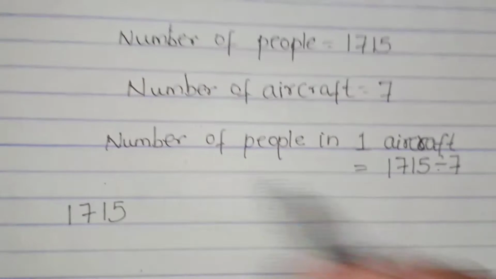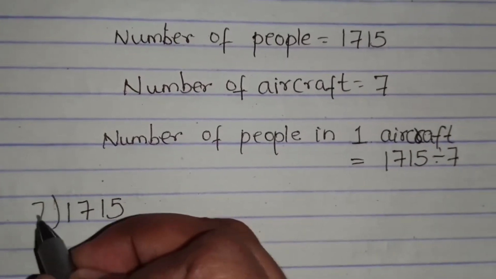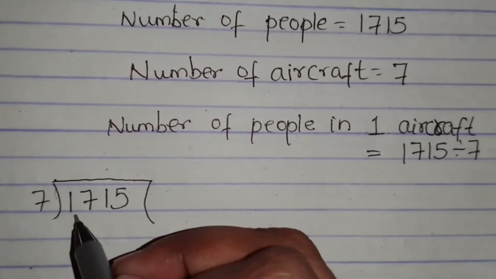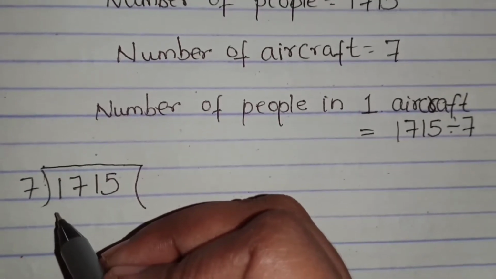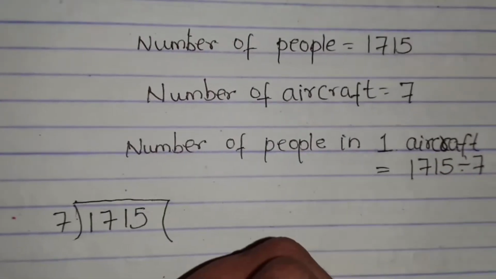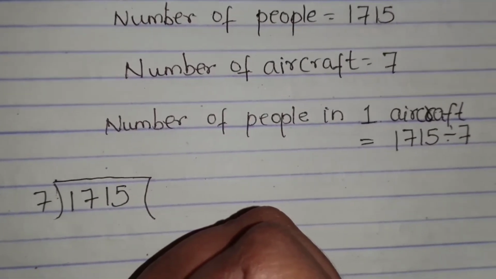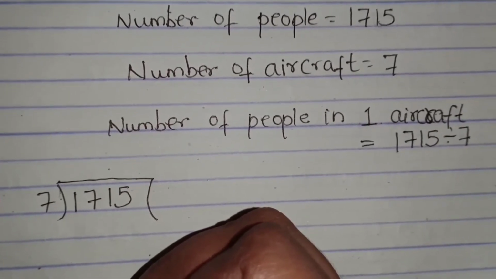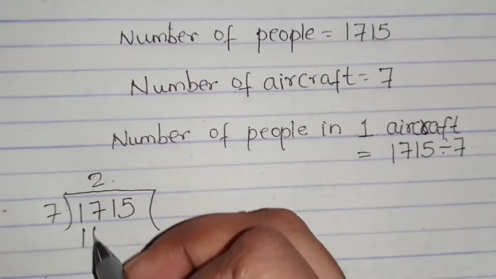1715 is your dividend. Okay, and 7 is your divisor. So we have to read 7 table. Now in 7 table 17 is not there. So less than 17 is there. Let's read 7 table. 7 1 is 7, 7 2 is 14, 7 3 is 21. So 7 2 is 14 is there, 7 3 is 21 is there. Okay, so what we will take? We will take less. Okay, so we will take 7 2 is 14. If I will take 21, it is more than 17. So 7 2 is 14.